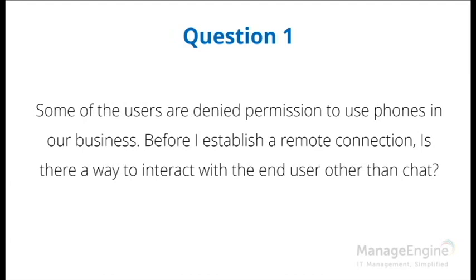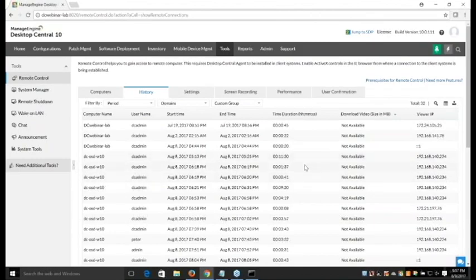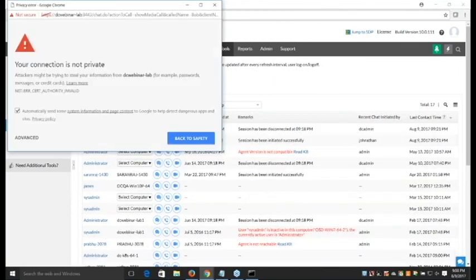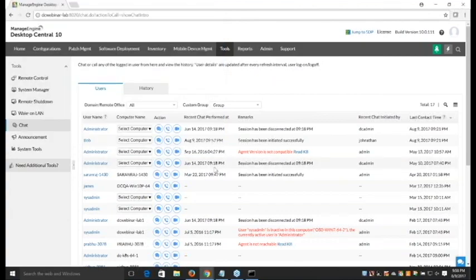So recently we have enhanced our chat functionality where we have introduced audio and video chat. So if you go to tools, chat, you will see there are 2 additional icons now. Let's assume I want to connect to Bob, and I'll select which machine he logged in to, and I can go ahead. If I want to make a voice call, you can just go ahead and make a voice call. It'll show the prompt for the first time. You can configure if you're using a certificate, and it'll connect to the audio call. In the same way, if you want a video call, you can go ahead for the video call too,